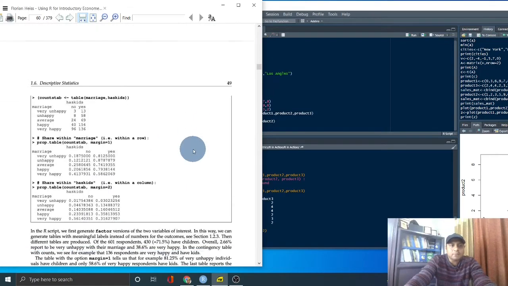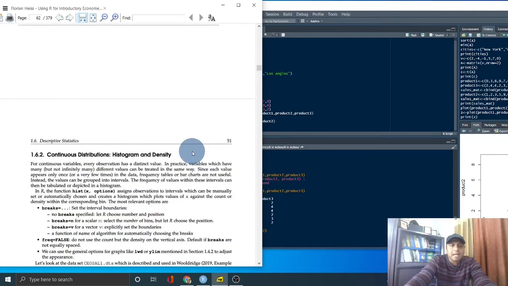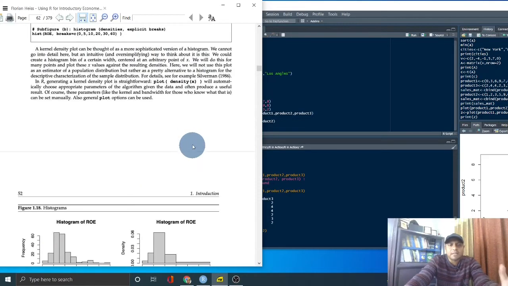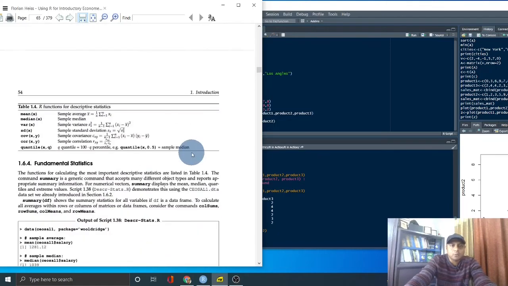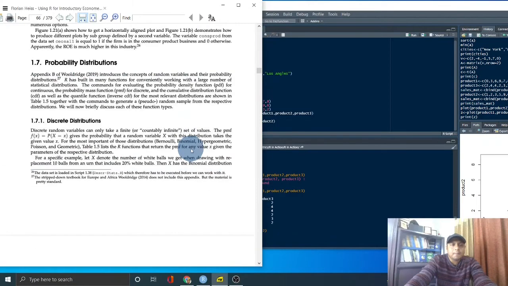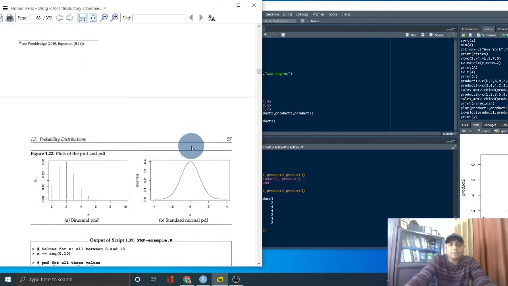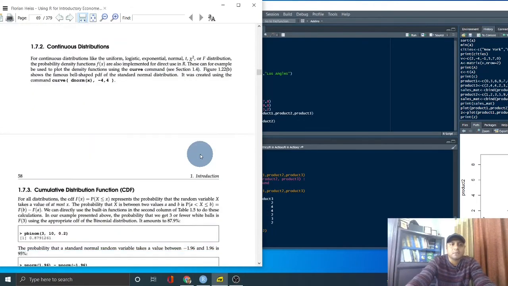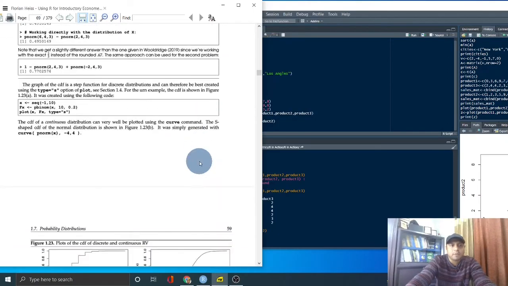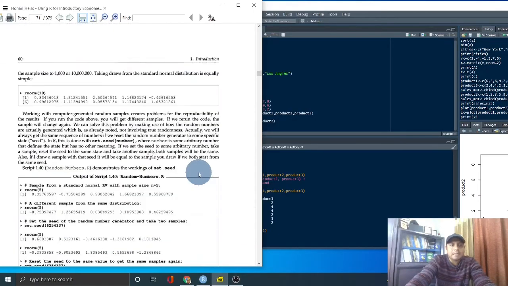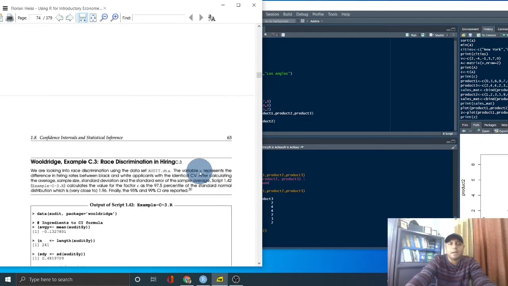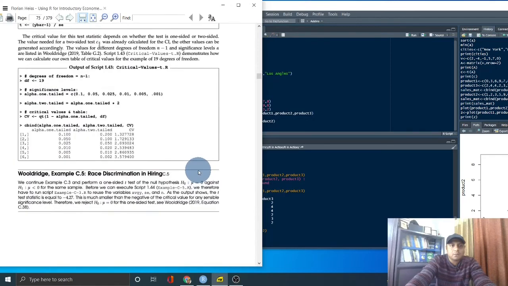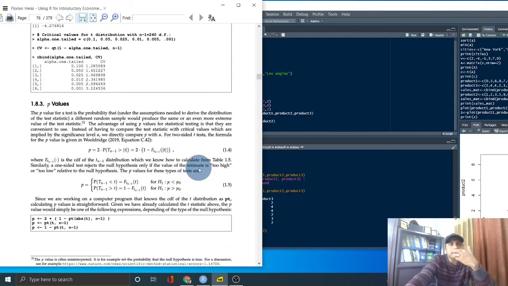There is some more information given here. I strongly recommend you have a look at some of the graphical information like histograms and distribution functions, which we will of course cover. But as I told you, the first video is basically about the basic programming information, the syntax of R, and then we quickly move on to the main part, the econometrics part. The basic t-test and p-values you can follow from my other videos,